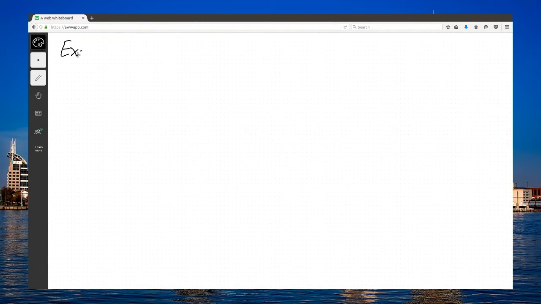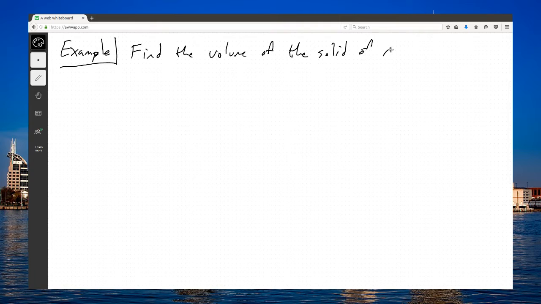Let's investigate another example of using the cylindrical shell method. Find the volume of the solid of revolution. It's obtained by rotating the region bounded by